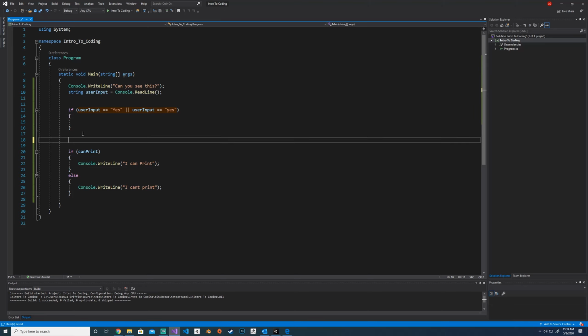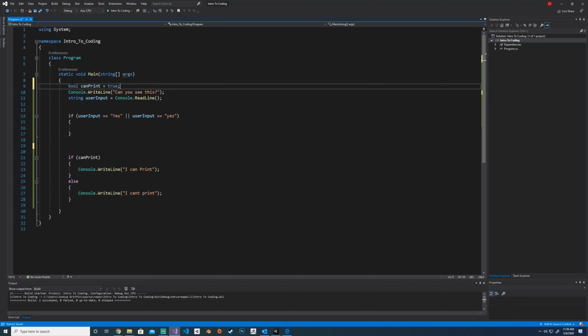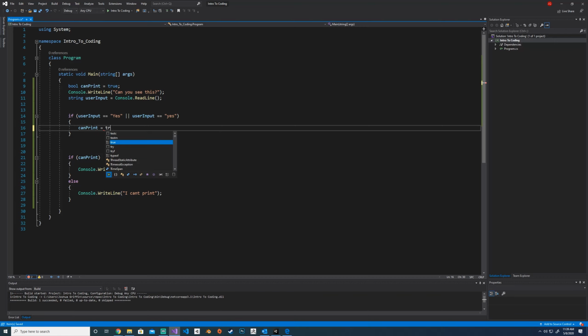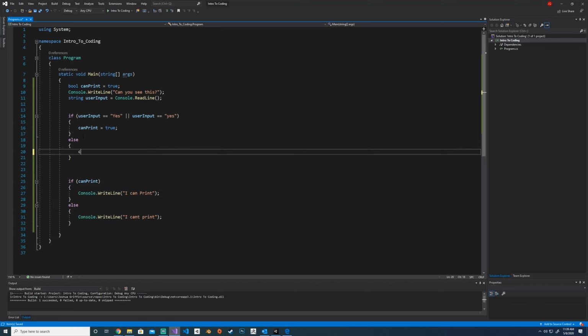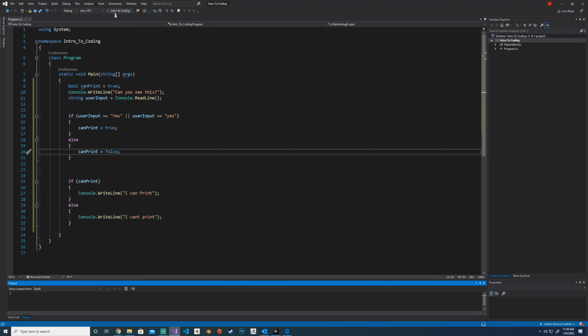I'm going to relocate this up there. Can print equals true, else can print equals false. Now, if we run this,